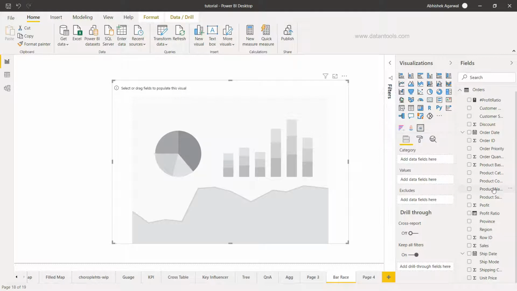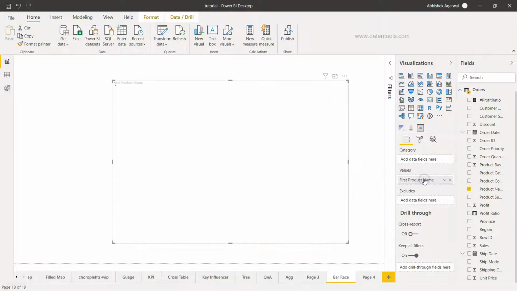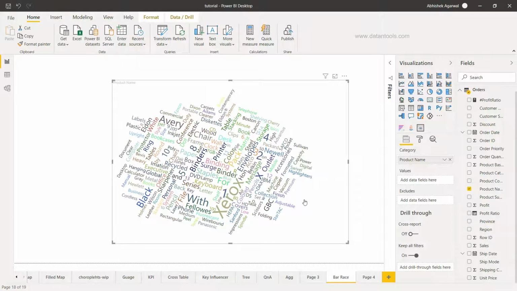So what I'm going to take is the product name, let's say for example, and we are going to take the category into the product name. So these are like the various product names, and right now it's based on the frequency. Like Xerox is coming 121 times. That means a lot of products that are related to Xerox and Avery, and you have Outlet, Black, GBC, and